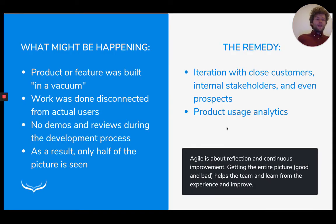And in our case, which is pretty specific, because we build a platform which is a set of generic tools and features which you can use as a user for very different use cases and scenarios, and those scenarios are very different from customer to customer. It's very easy for us to get into a vacuum or be disconnected from that actual usage, because we just changed some generic feature. So we don't know exactly if that impact we have made is resolving immediate problems of